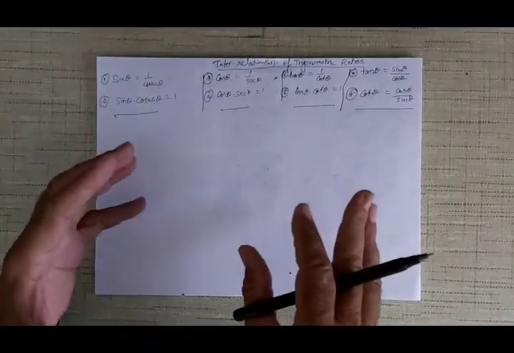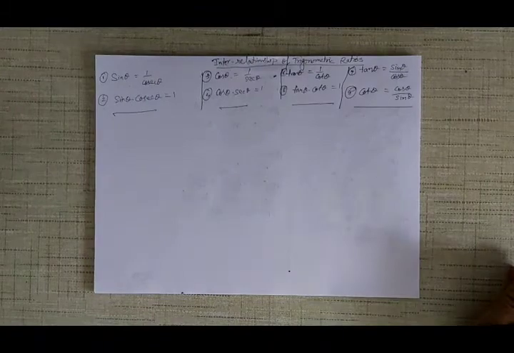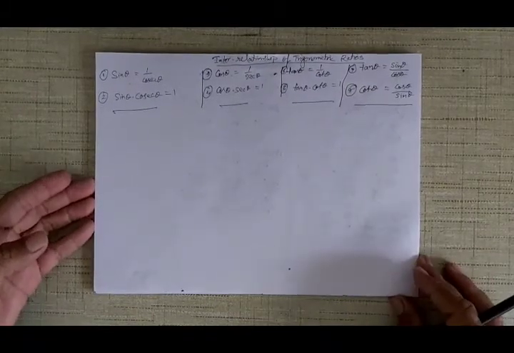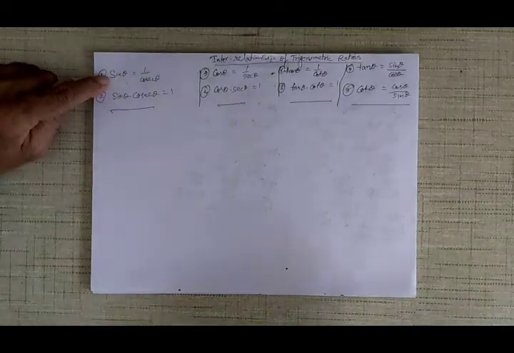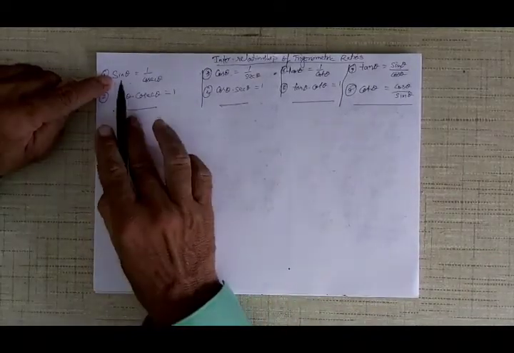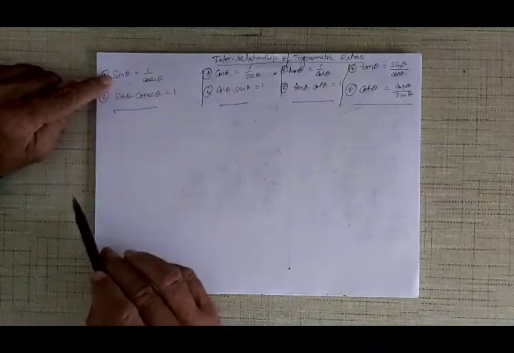How are they related? You can substitute one for the other, but only if you know the relationships between them. If you don't know the relationships between them, then you can't substitute. For example, you should know that sine theta and cosec theta are reciprocal of each other. So sine theta is 1 upon cosec theta. So if I multiply sine into cosec, it will be equal to 1.